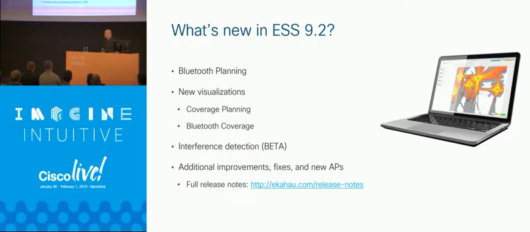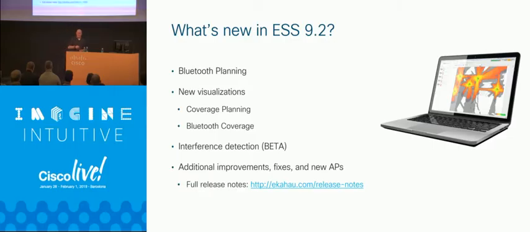In 9.2, and I think we're at 9.25, we do have Bluetooth planning. All of our current APs are in there. There is a Bluetooth planning mode. So if it's an AP that has a built-in Bluetooth, the thumb Bluetooth adapter that goes into some of the older APs, that one just went over for the antennas inclusion, and it'll be available probably next week. I'll get a patch file for it.